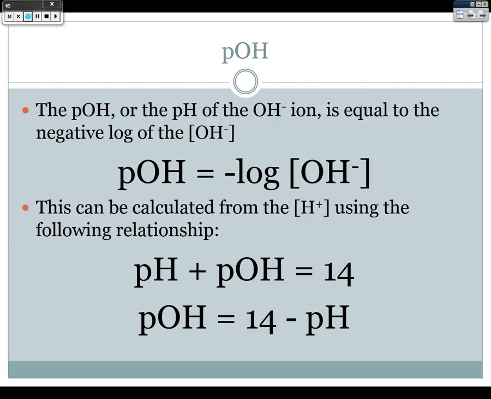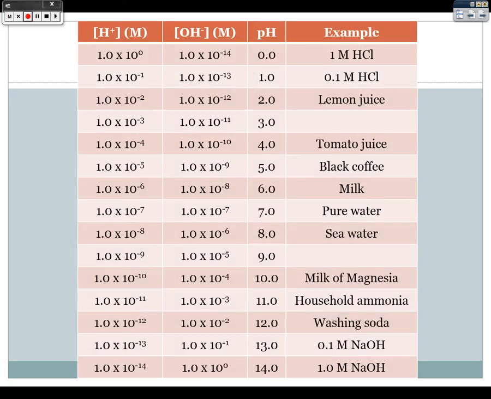Okay, so it's all relating to 14, and it's all about hydrogen ion concentration, or if you have it, hydroxide ion concentration. So if I have this scale, which has just a bunch of examples of acids and bases, going from 1 molar HCl all the way down to 1 molar NaOH, you can get some neutral stuff in there like pure water, seawater is slightly basic, milk of magnesia, ammonia, tomato juice, all these things. If you actually look at the hydrogen ion concentration, you can determine the pH, because the negative sign,